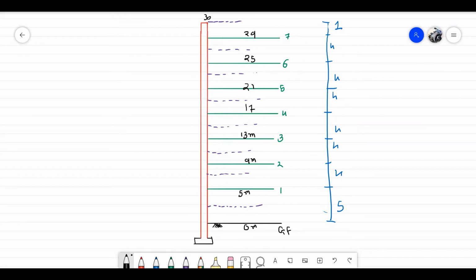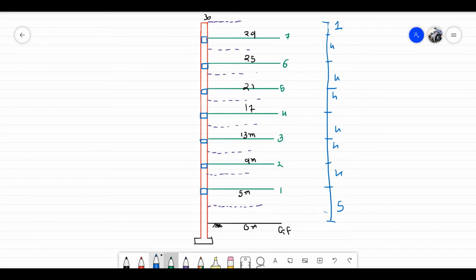And now we need a story height from here. So how do we calculate it? We assume a beam height is, not 15, 500 millimeter from the slab. Where is a node point? Node point is at the beam and column junction center.